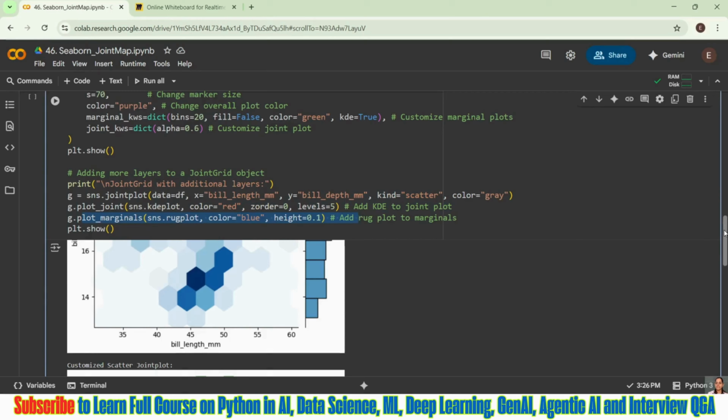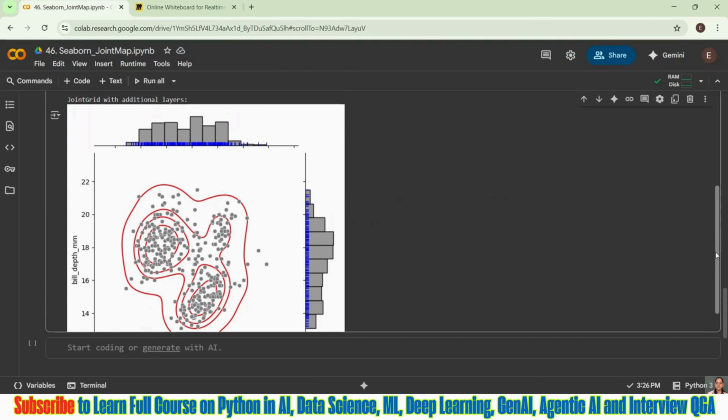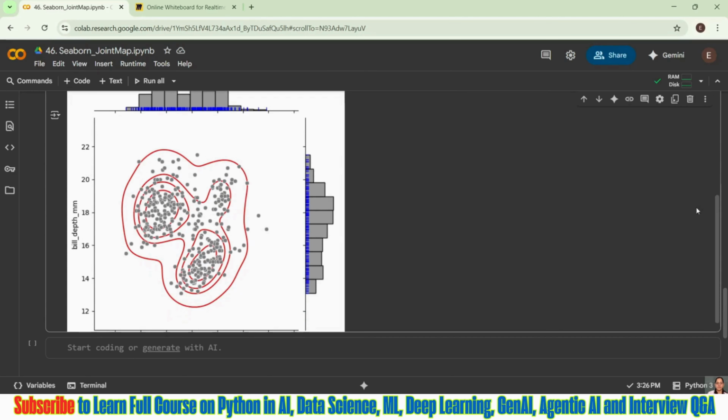Marginals means it is nothing but your one curve, and we saw how the KDE is coming up, right? Here the rug plot is a kind of thing that will look like a barcode. You can see the blue color things are there, right? These are your rug plot representation. That's not so important, but still you can have a look at how it is coming. So this is how you can add more layers, and you can see the round red one is having more density, right?